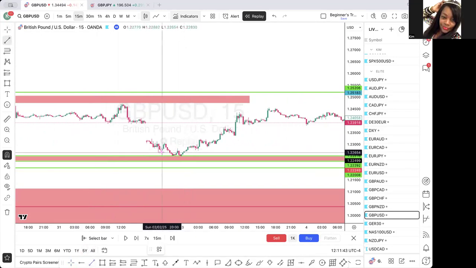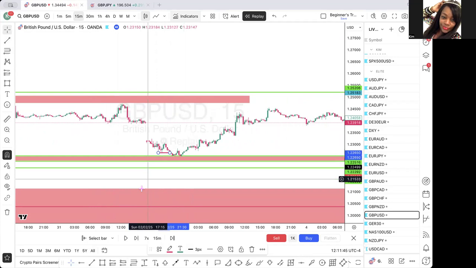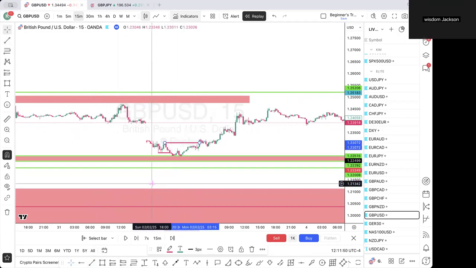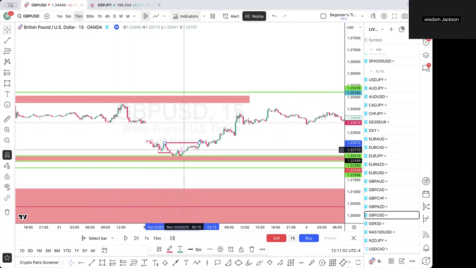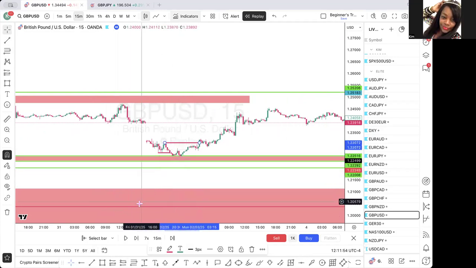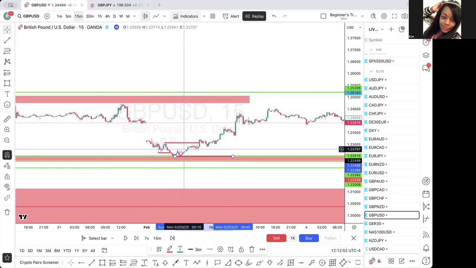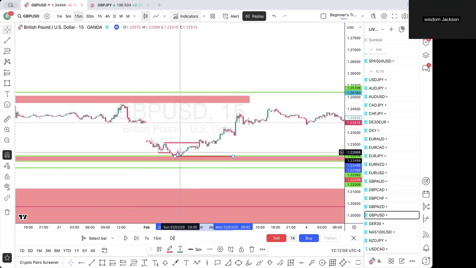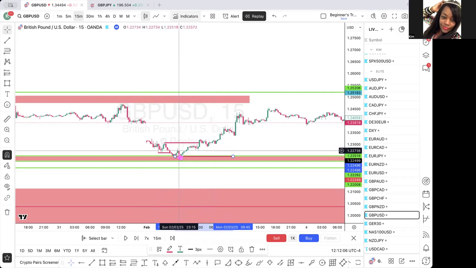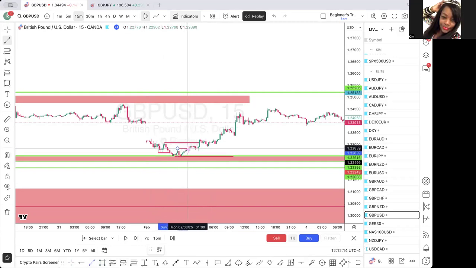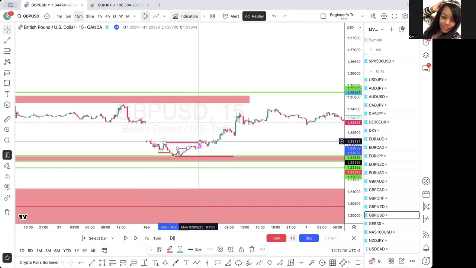As you can see, this was our break of structure right here, which made this our 15-minute swing high. A lot of people will use this, yes, you got it. So this is our 15-minute swing low. A lot of people will use this right here, this double bottom, and this neckline as the swing high, and you can if you want, but